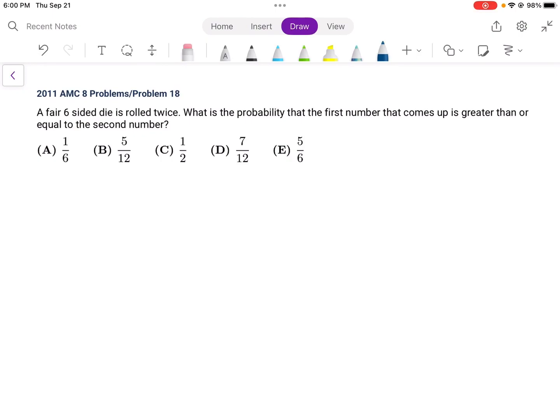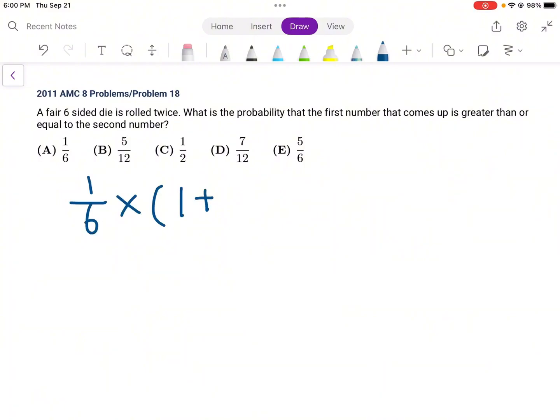Problem 18. In the first row, we can choose any number from the six sides, and that's a 1/6 chance. Then we multiply by the probability from the second row. If in the first row we get number 6, then any number we get from the second row satisfies the requirement of the problem. So that's 100% probability. It equals 1. And then if in the first row we got number 5, then the second row we can get from number 1 to 5